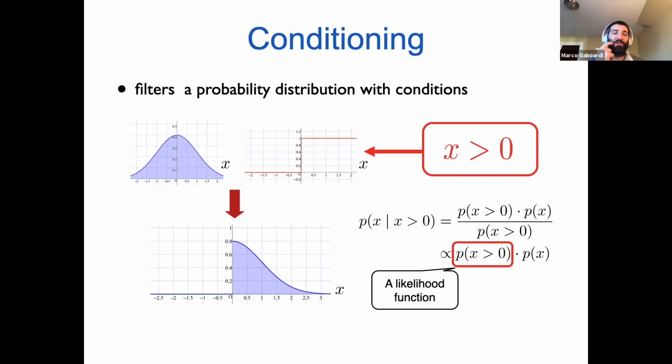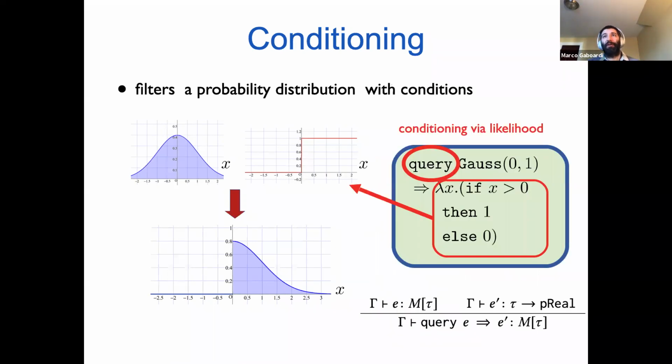So here is an example. Suppose that we have the probability distribution on the left, this blue Gaussian, and then we have the condition X greater than 0. Then we can filter the input distribution with this condition. Mainly, the condition represents some kind of likelihood function. Now, an important point when we think,